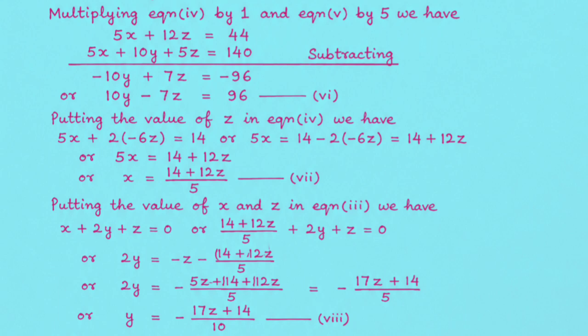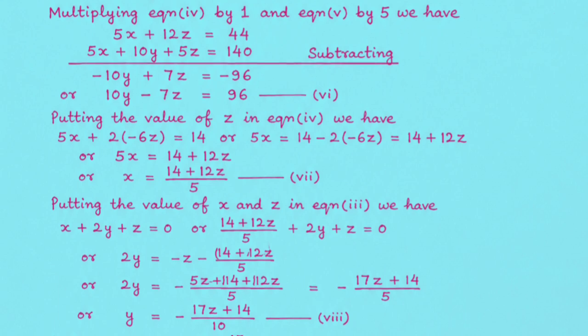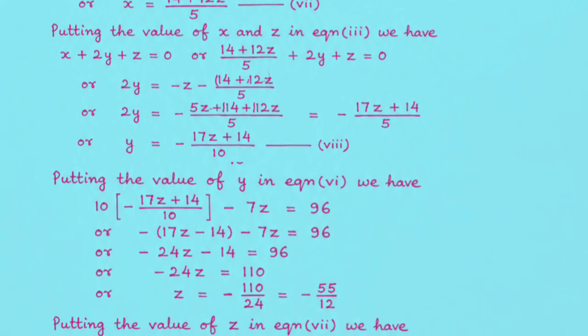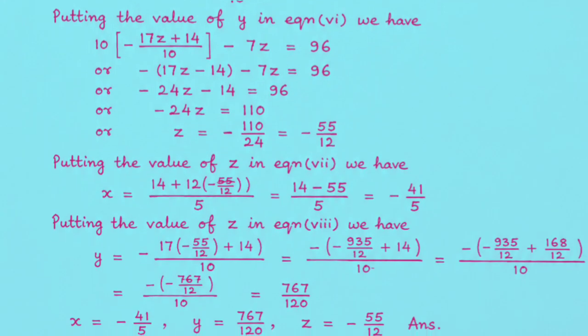Or 2y is equal to minus z minus 14 plus 12z by 5, or 2y is equal to minus 5z plus 14 plus 12z by 5, which is equal to minus 17z plus 14 by 5, or y is equal to minus 17z plus 14 by 10. Equation 8. Putting the value of y in equation 6, we have